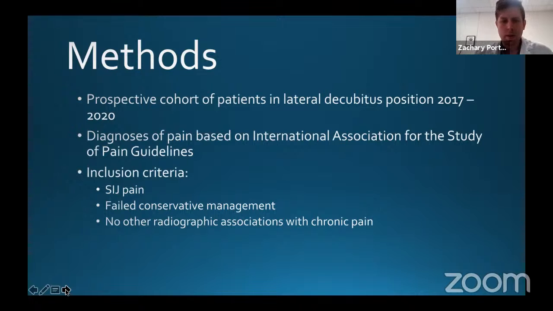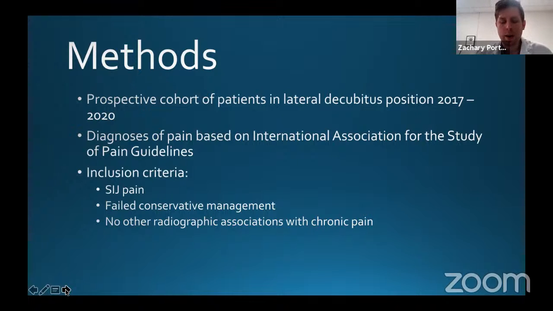I'll go into this in a little more detail in a further slide, but this paper involved a prospective cohort of patients who underwent minimally invasive SI joint arthrodesis in the lateral decubitus position from 2017 to 2020. All of these patients underwent the procedure in the pre-COVID era. The diagnosis of SI joint pain was based on the International Association